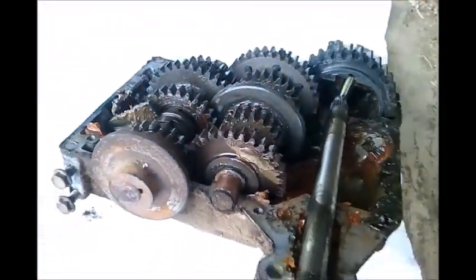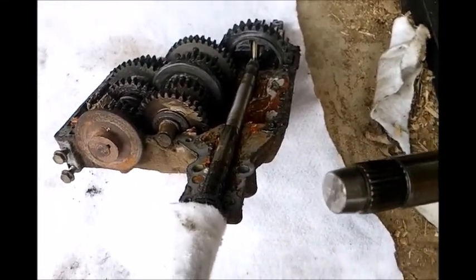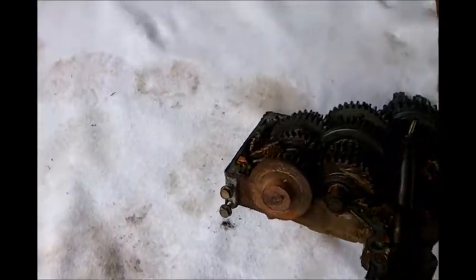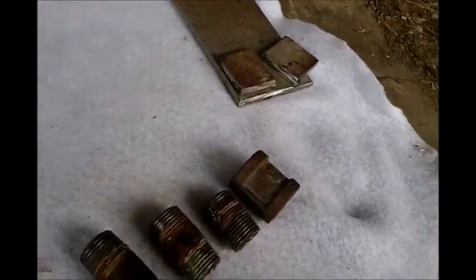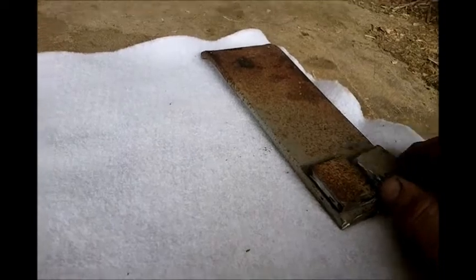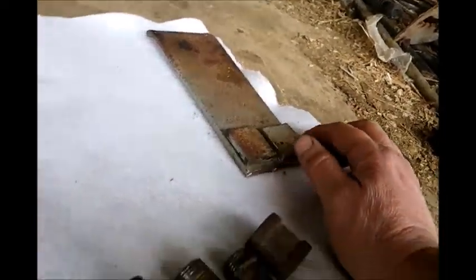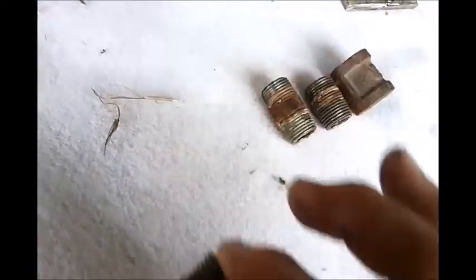And that could work pretty good, I think, but it's not going to be necessarily as strong because you don't have as much bearing surface just on that. So I thought, well, what else can I do with the stuff that I have? And of course I always like to reuse things I have around, like this seat spring I've been using for all kinds of things. And I thought if I took some of these nipples I could